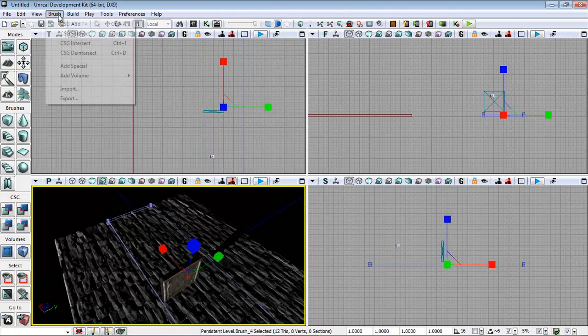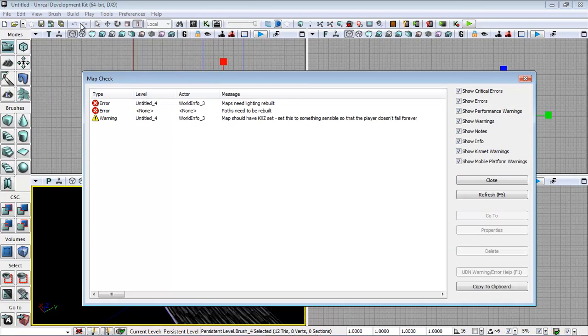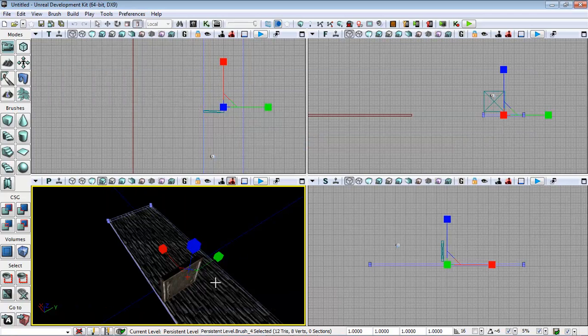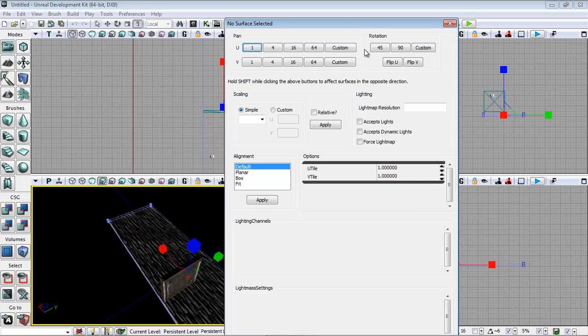And I build it again, brush, view, geometry, and close. You see how it squishes the texture? So the problem is, I don't know if you noticed, but when you're cutting and adding things, sometimes the texture is off. So what you can do is hit F5, which is a shortcut. You have a default. I can change the mapping, the way that it's assigned, to planar. And if I hit apply, all of a sudden it's going to redo the way that it's